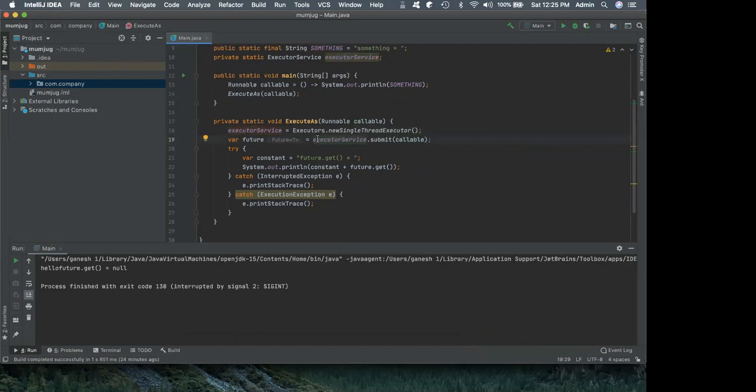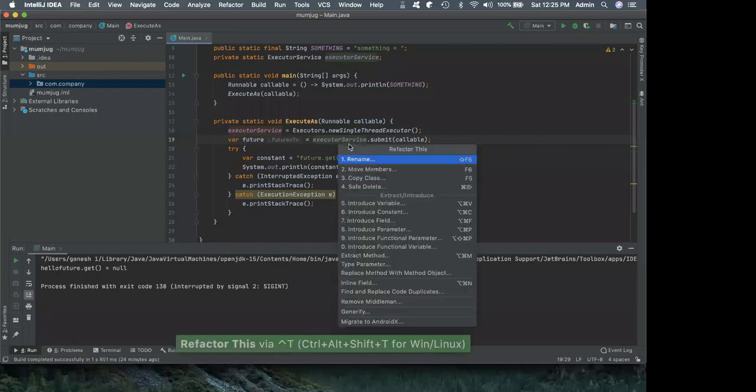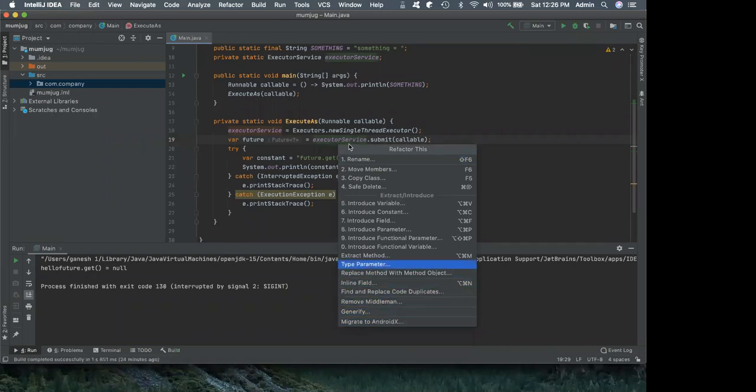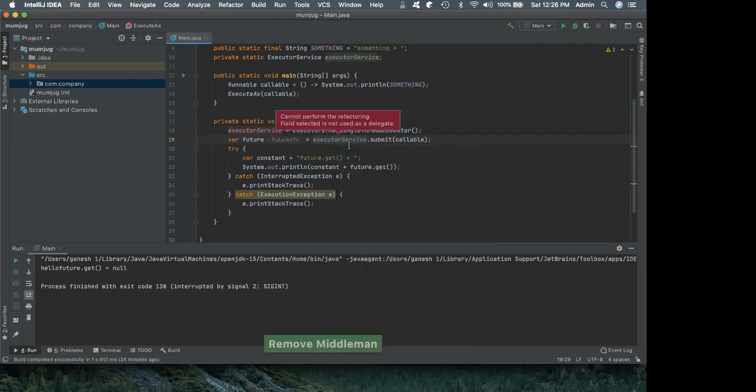This is a temporary variable, right? So what I can do is Control T, and I can remove the middleman. Where is that option? I think I mixed it up. Just a minute.